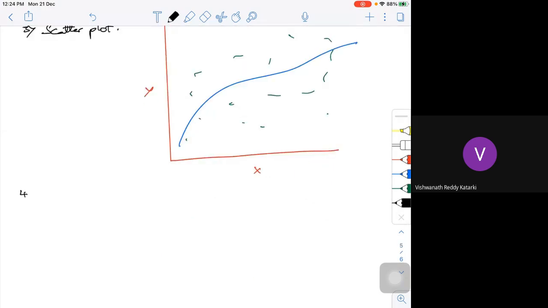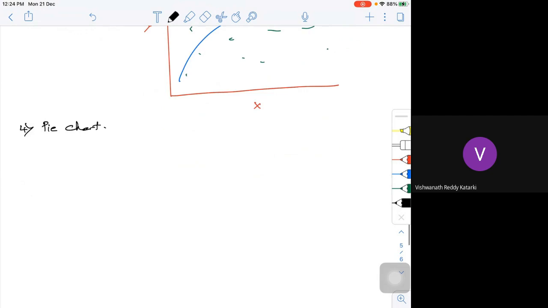The other type of plot we look at is the pie chart, or pie plot. What is it actually? A pie chart is a 360-degree circle.